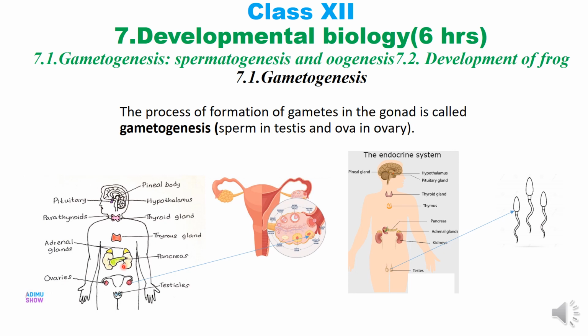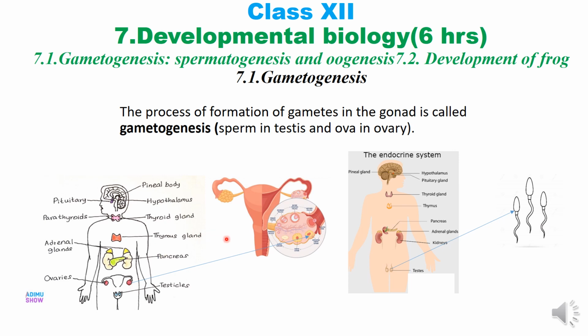Hey, today we are here to discuss the process of gametogenesis. We can see we have two diagrams, a female showing a pair of ovaries and a male showing a pair of testes. So the formation of gametes or egg cells or ovum, whatever you name it, in these ovaries